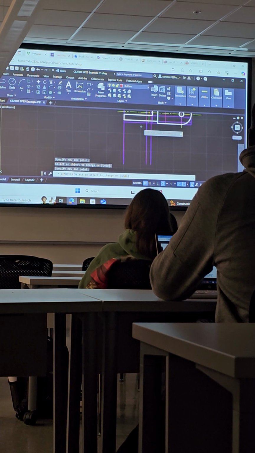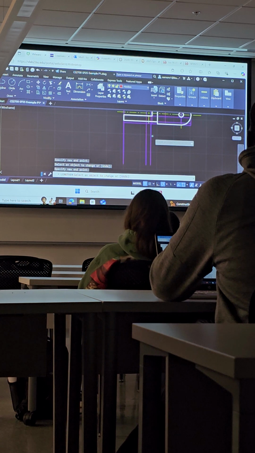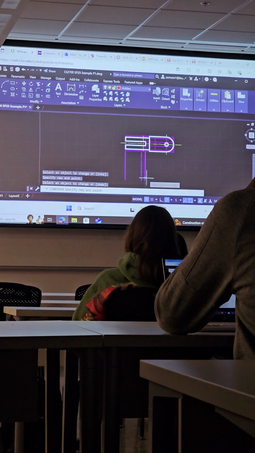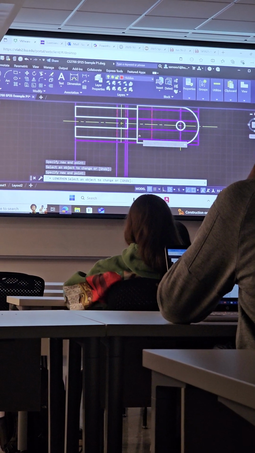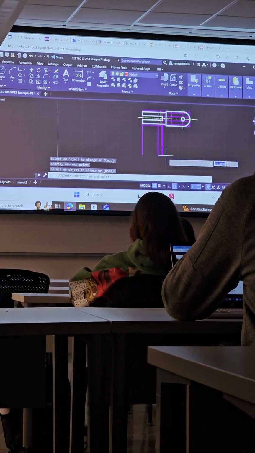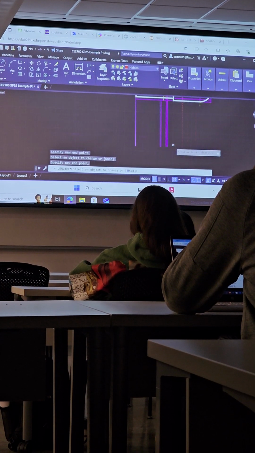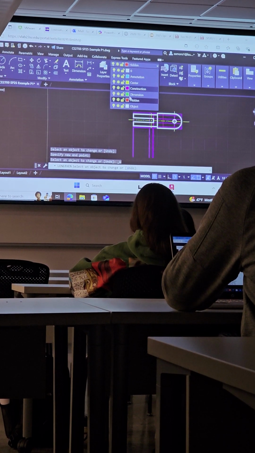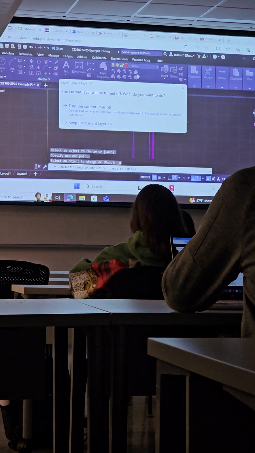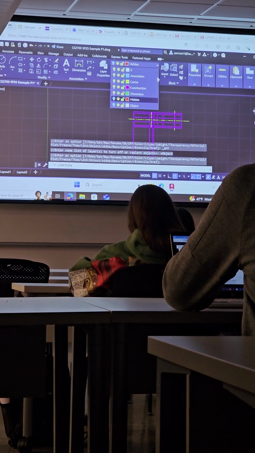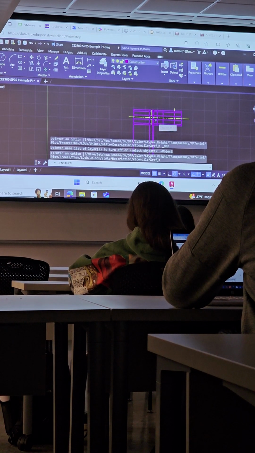This is going to save me a bit of time. And hopefully you guys can see the snaps working. So this one, oh, it's grabbing the hidden line, but that's not a problem. I can just undo. I can turn off my hidden lines. And I can turn off my object lines. And now I can just focus on